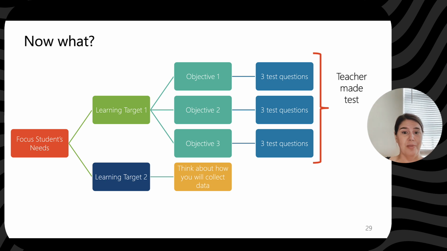Now what? You've written up your student. You know what the deficits are. Now, based on their needs, you are going to identify 2 learning targets. One of them is going to be academic. Yes, even if your student does not have an IEP specific goal that's academic,